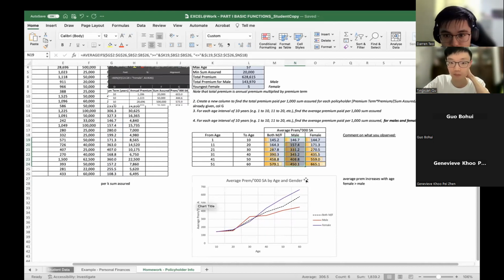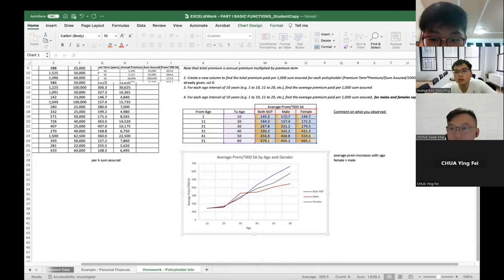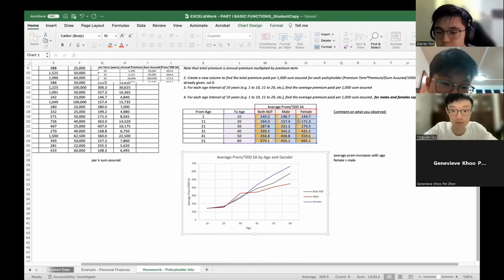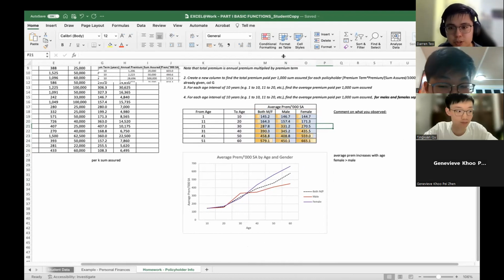Yep. Looks perfect. Does anybody have any issues struggling with this question? I got the same answer, but I used AVERAGEIFS. Maybe you can verbally share with us how you did it. I use AVERAGEIFS, then G2 to G26 locked in, then B2 to B26 locked in. Then I use less than 11, and then I did B2 to B26 again, then greater than 0 for the first one, and then for subsequent ones I just change accordingly.